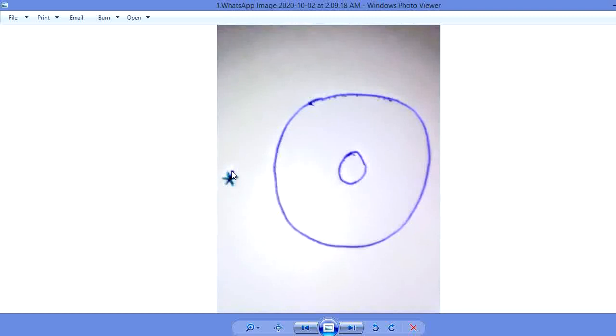First of all, how will the cortisol reach over here in the proximity of the cell? First of all, the cortisol will be secreted by the zona fasciculata of the adrenal cortex. Then it will move towards the bloodstream. In the bloodstream, this cortisol will combine with the corticosteroid binding globulin, a special type of protein